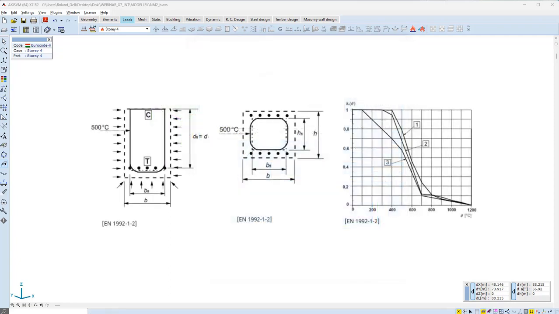For member analysis on isolated members for concrete elements, we need to know the internal forces, boundary conditions, material, cross-section, reinforcement, and the distribution of temperatures within the cross-section.